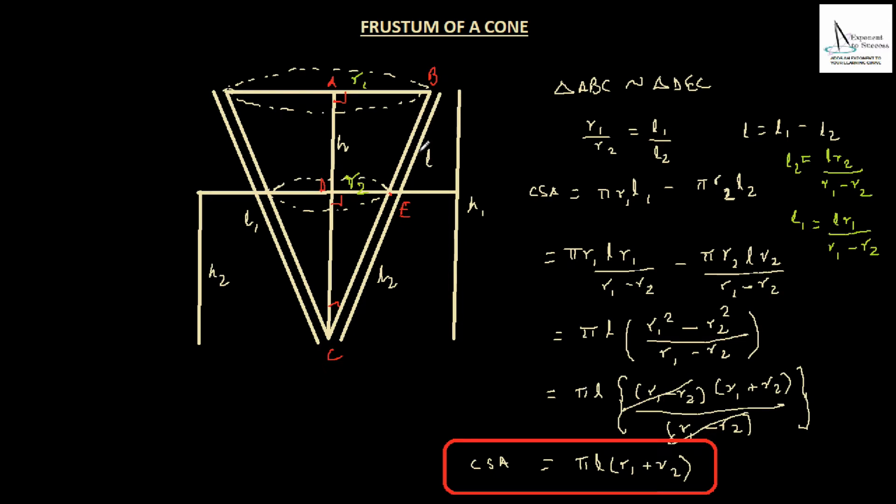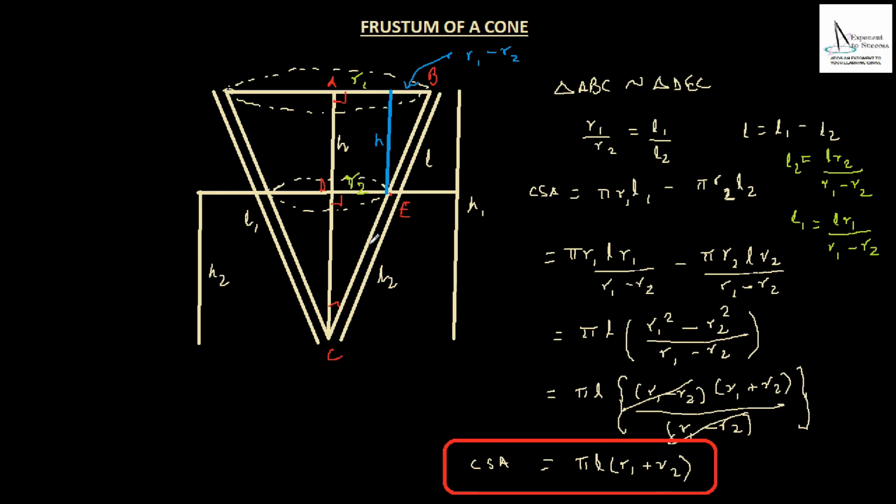Sometimes what happens is we are not given the slant height of the frustum, but we can easily find that if we are given the height of the frustum and the two radii, which are R1 and R2. So to do that, let me divide this into another triangle. I can draw a line from here, this line in blue. So this part that you can see on top, we know that the full radius of the top circle is R1 and the radius of the bottom circle is R2. So this part that is left here is going to be R1 minus R2, because we have got a rectangle here of which the breadth is R2 and the height is h.